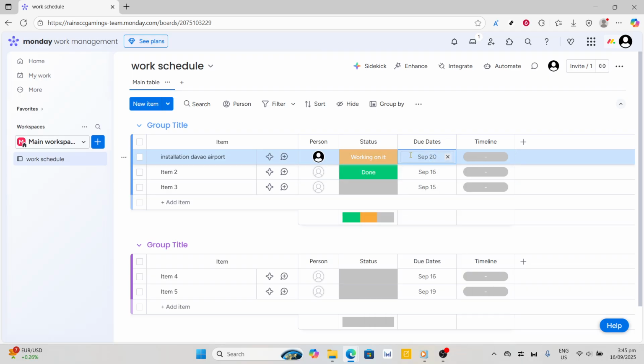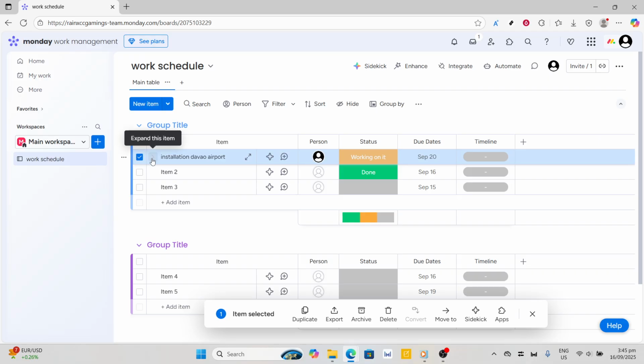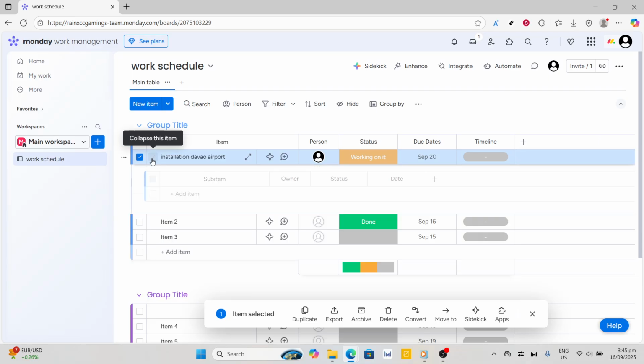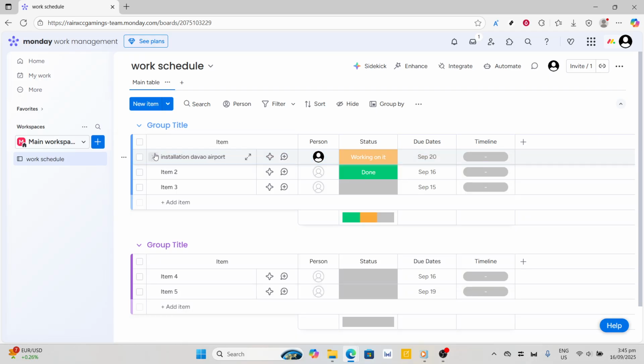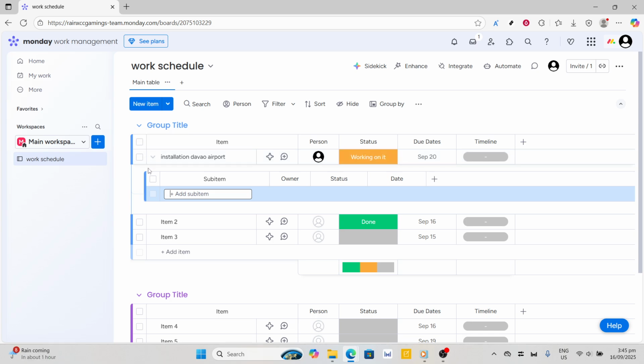Now, collaboration is key to any successful project, so let's talk about inviting your team. You can easily add team members to your board, granting them access to update statuses, mark shifts as complete, and leave comments or notes. This feature fosters seamless communication and ensures that everyone is working with the most up-to-date information available. Plus, the real-time nature of Monday.com's updates means that as soon as something changes, everyone is instantly on the